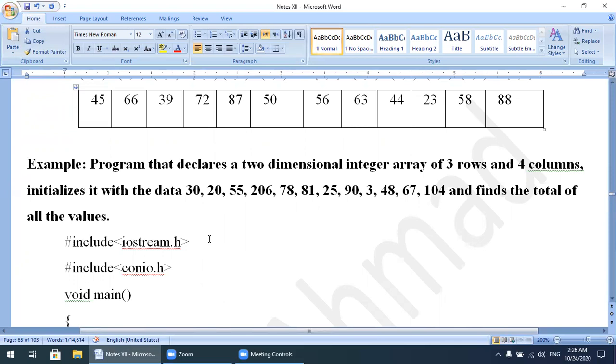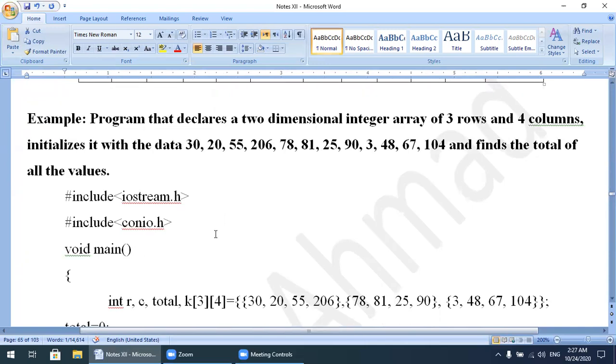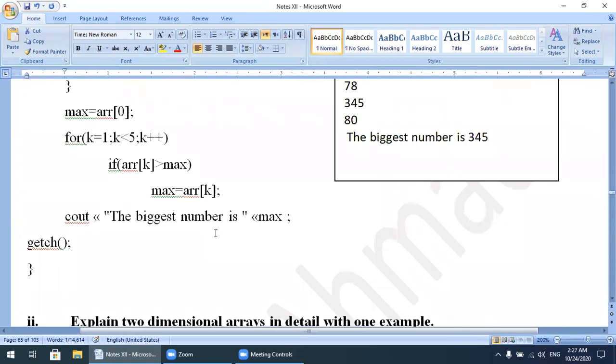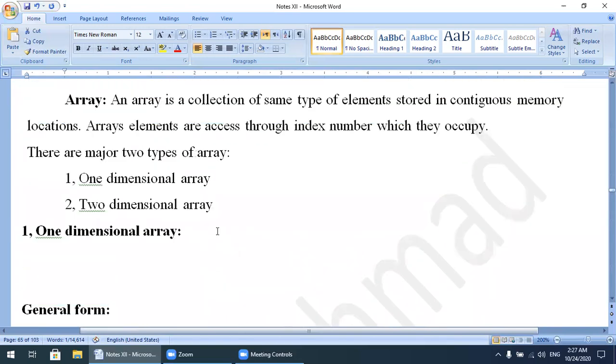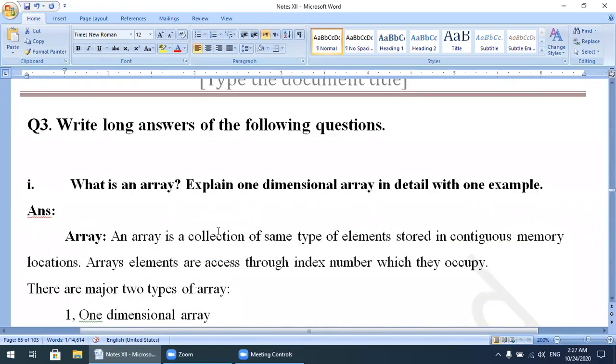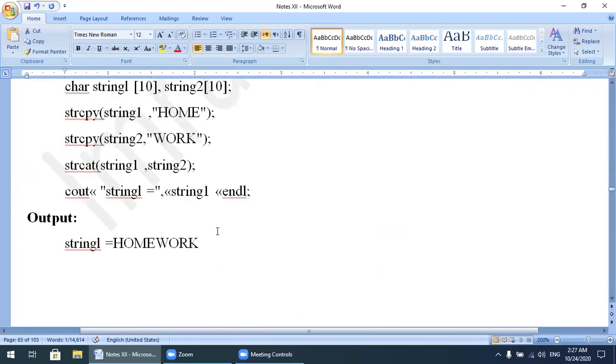Next was the string: a combination of different characters makes a string. Keep in mind, whenever you use an integer or float, you are going to make an array. But whenever you use characters, you are dealing with a string. You must practice all of these programs, for the whole chapter.